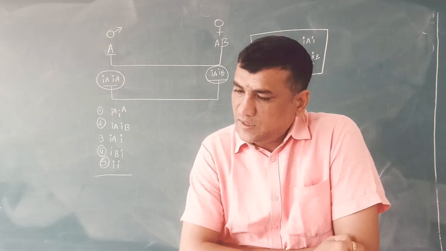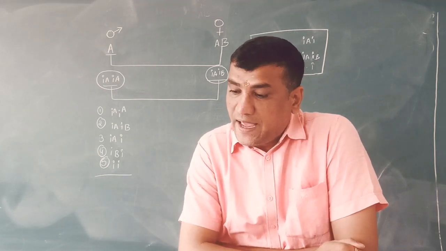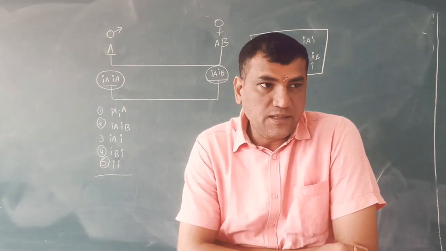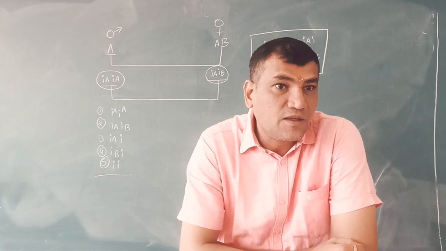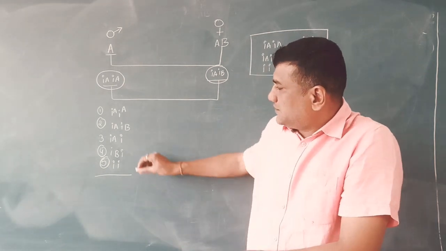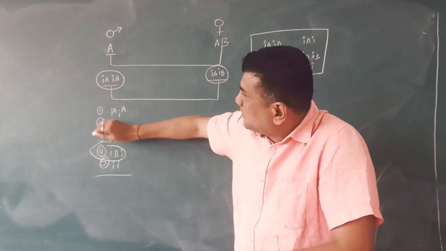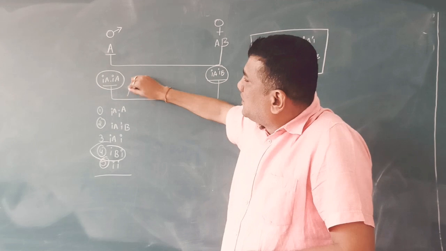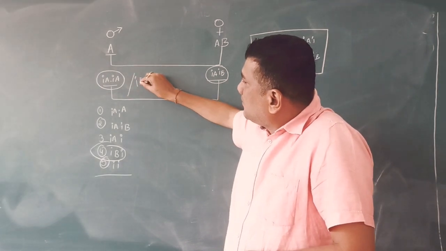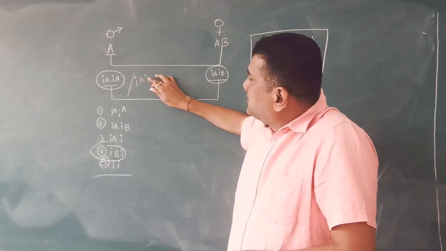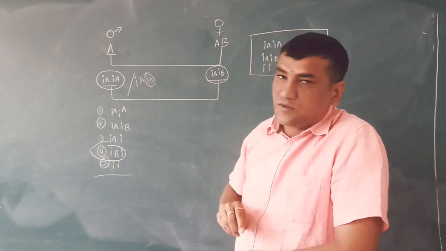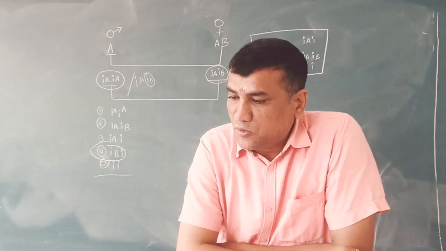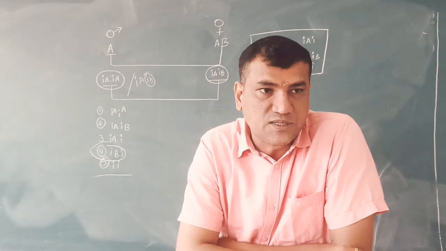Find out which type of progeny would indicate the man is heterozygous A. In this, you need to find out. So in this man the possibility can be this. One more possibility is also there, IB, but this is recessive. So here the progeny going to indicate the father's heterozygous condition is